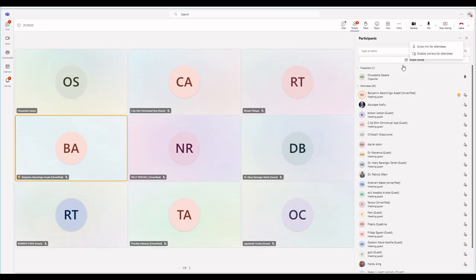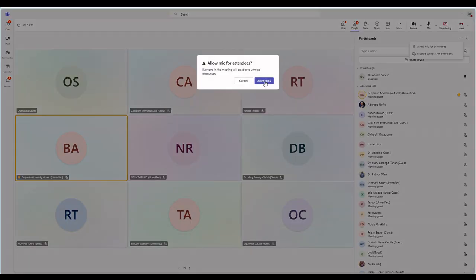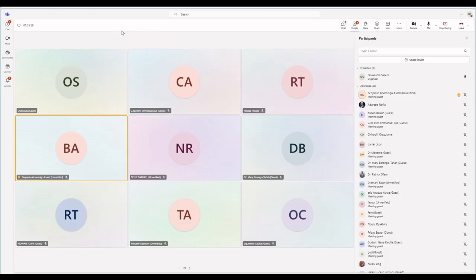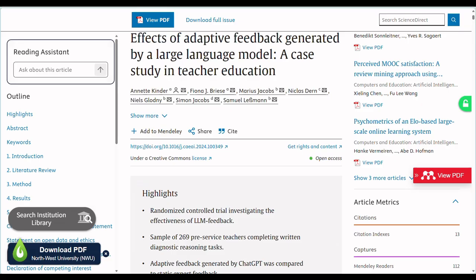Without much ado, I want to open the mic for 1 or 2 minutes before we talk about the last thing for today, which is theoretical framework and conceptual framework, and how they feature in our work. Question or a need for clarification? The mic is open. All right, Dr. Benjamin Abomirigo. Hello, good evening. I was going to find out, but I'm okay. Thank you. All right, thank you so much.